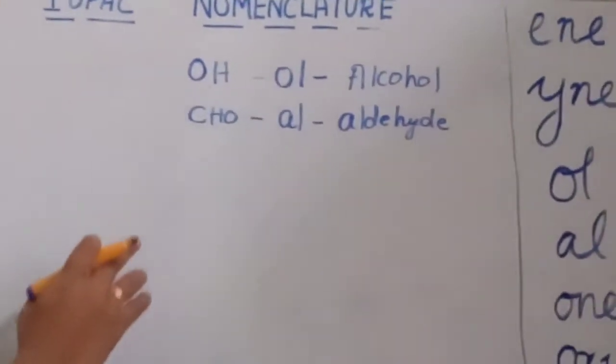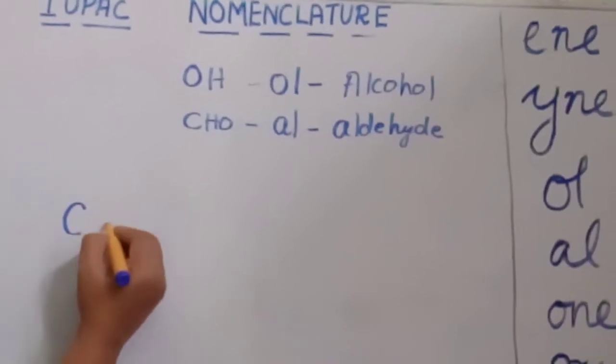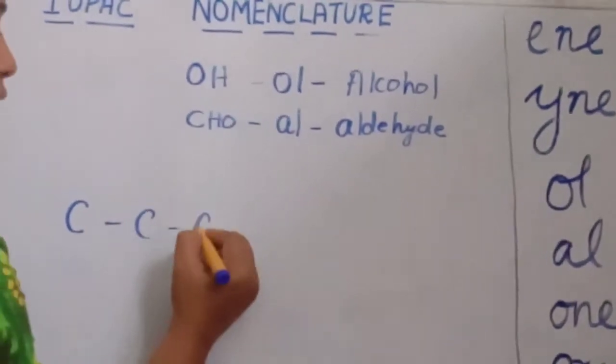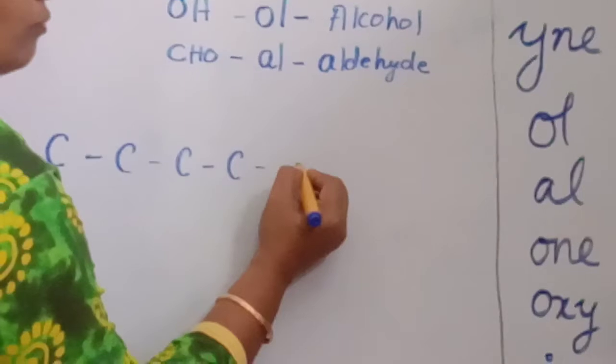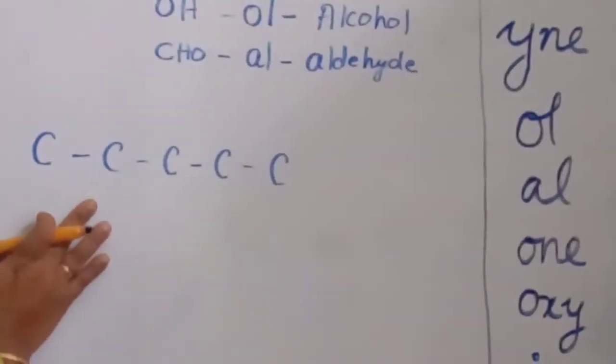So it will only come in the terminal end of the carbon. So let us go for a carbon structure. Okay, let me again take the compound with 5 carbon. Okay, so I have taken 5 carbon. Let us make it